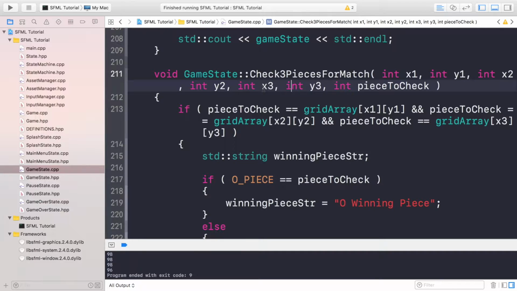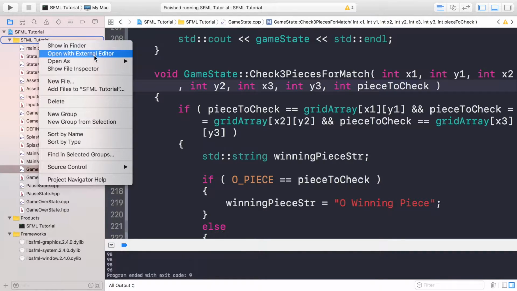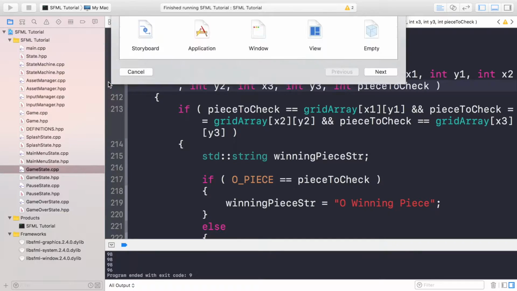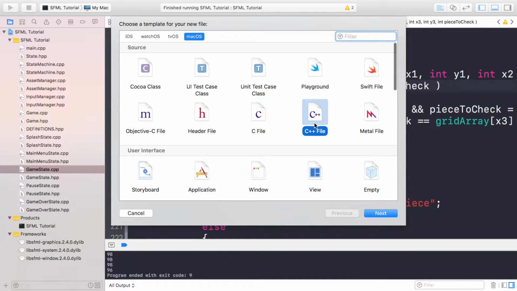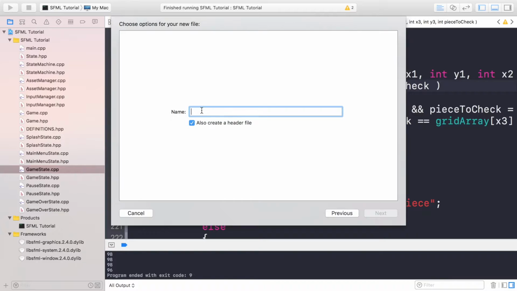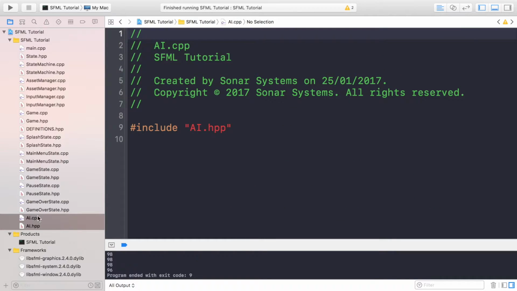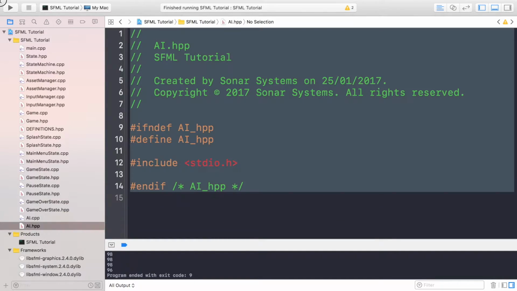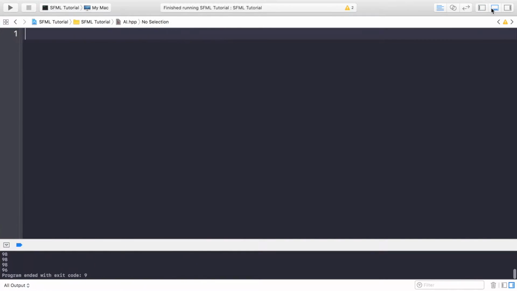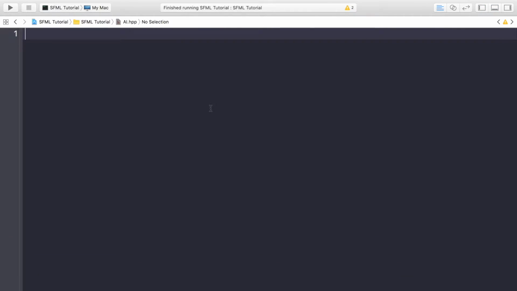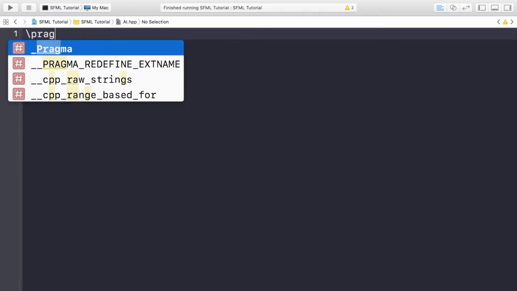So first of all, you want to create some new files, just create them in the normal way that you have been doing for your text editor or IDE. And you want a header and a C++ file. I'm going to simply call it AI, add it to my target, go to the AI.hpp, get rid of the contents, let's close all of this so we've got a bit more real estate to work with, #pragma once,